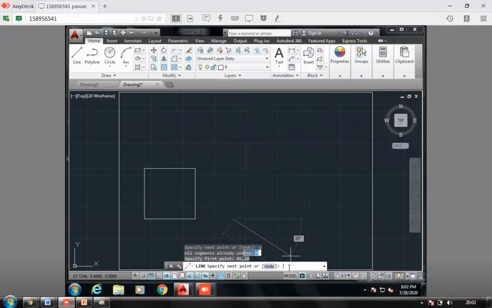That is 20. So my next coordinate will be 45 plus 20, so it is 65. It is 65 comma, from the bottom it is 20 only. So I say 20. Enter.